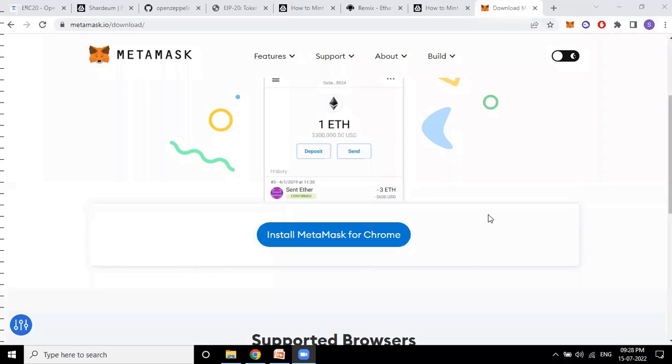So you came to know how to download MetaMask, right? Open metamask.io, download and install MetaMask for Chrome. It will immediately get installed. You set up